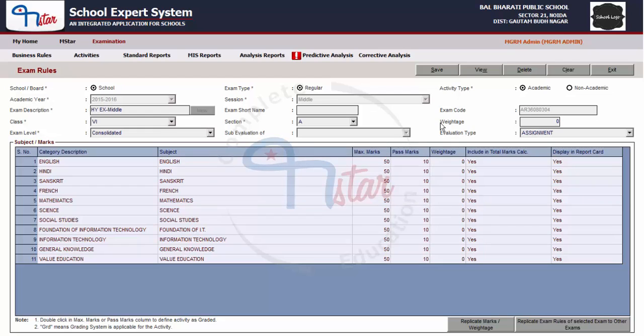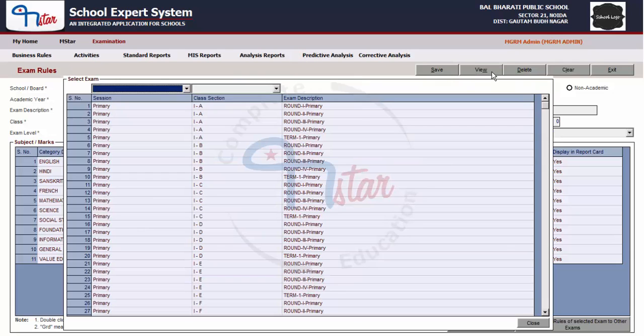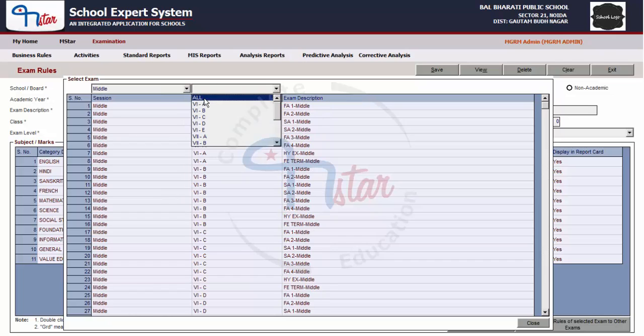So let us check other sections and classes for which this exam has been defined. Click on button view and select the session and all class sections to see for which classes this exam is created.